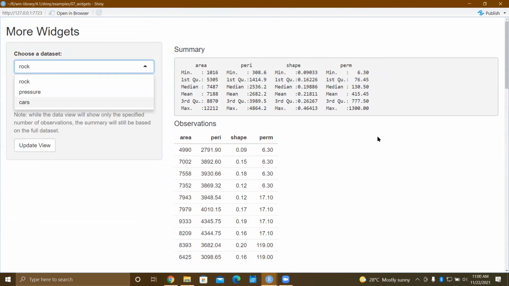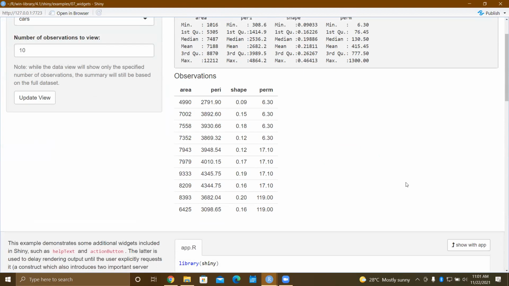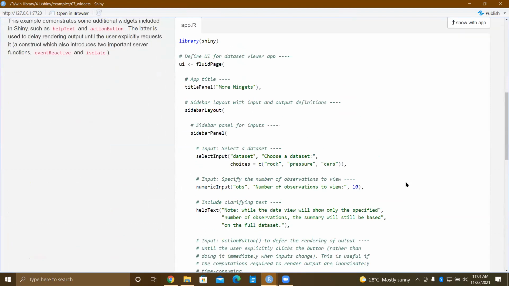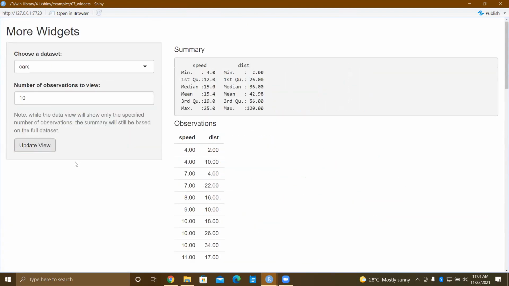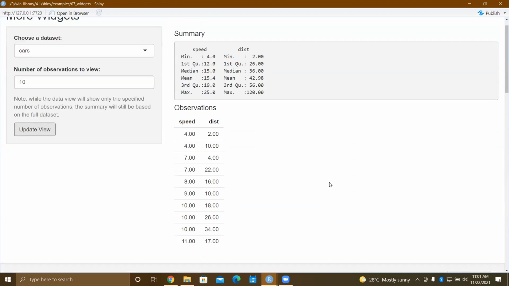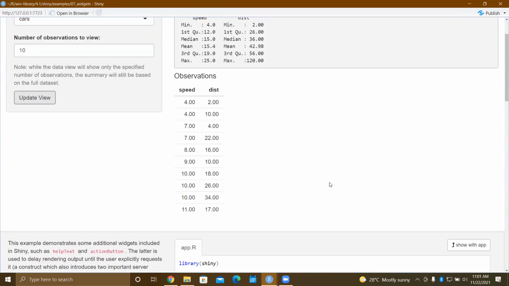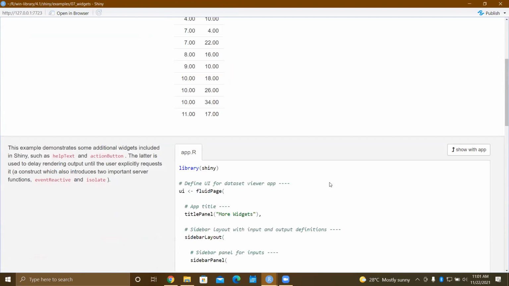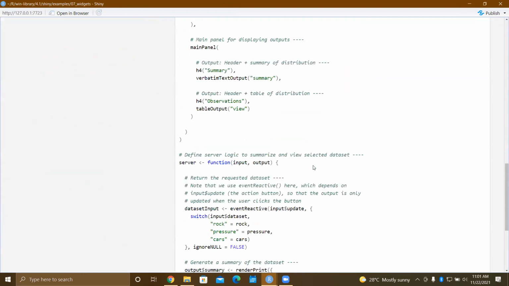Now, suppose you already have, by default, rock. If you want to choose cars, then you basically go to update view. Then you have to switch your choice in the reactive session.